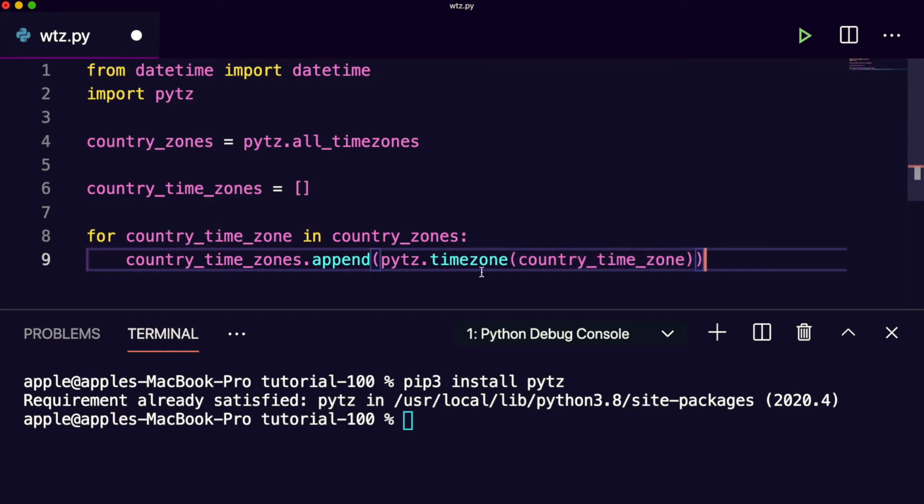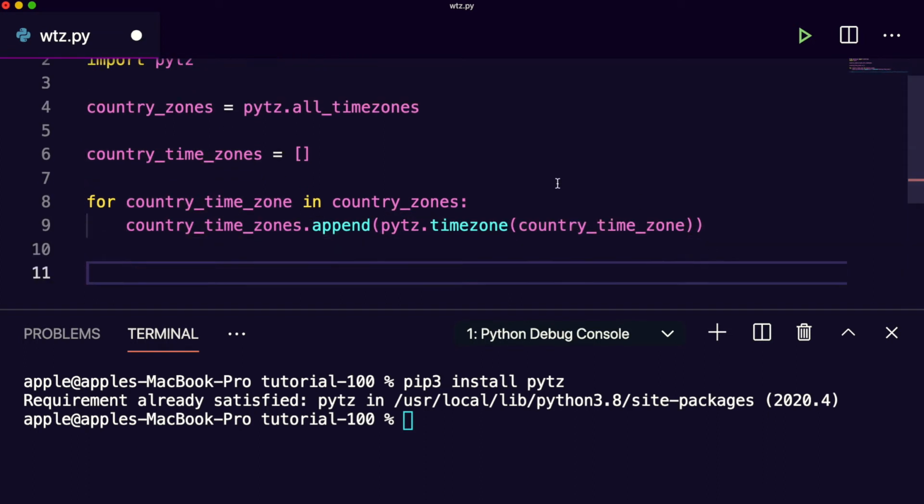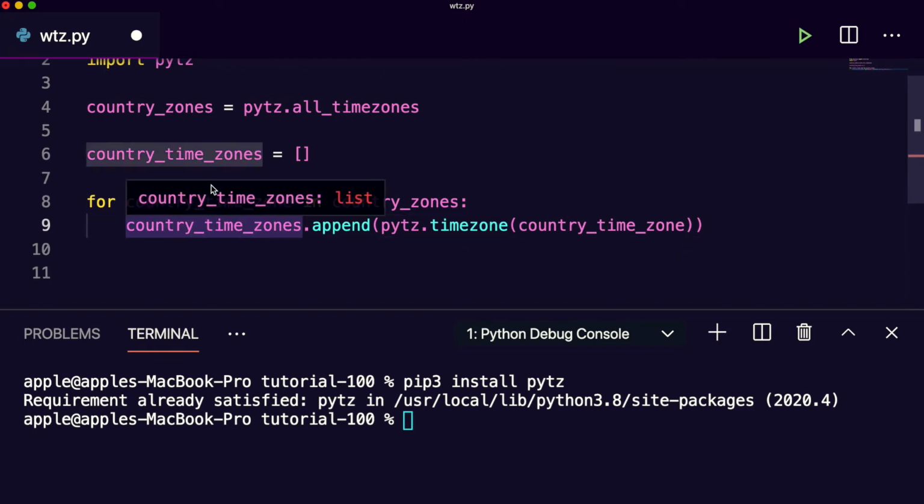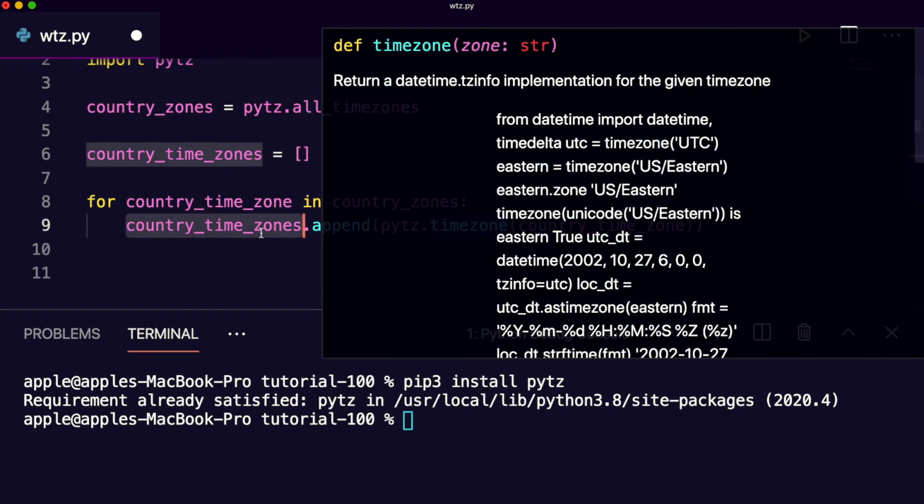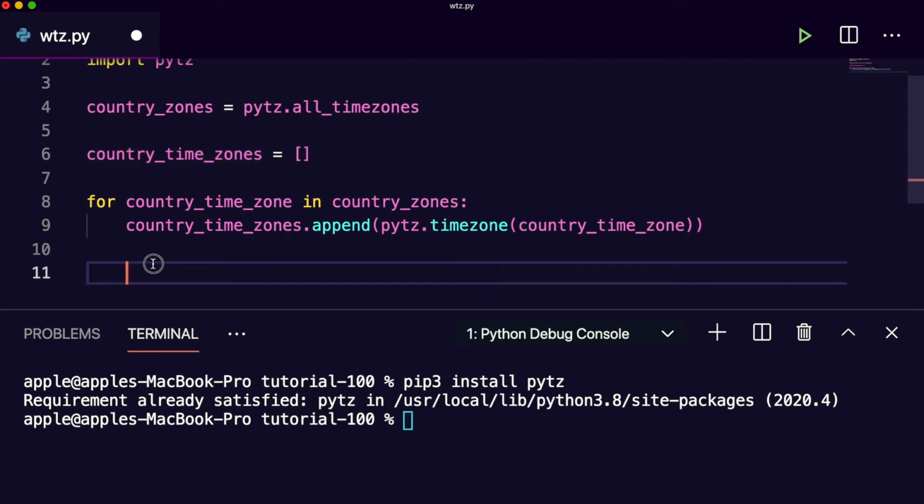This is how you can get all the time zones for the countries: simple pytz.timezone and country_time_zone. The country time zone is the time zone of a specific country.